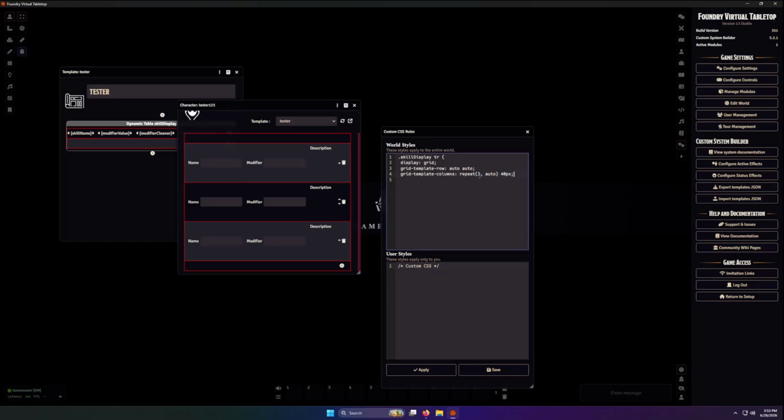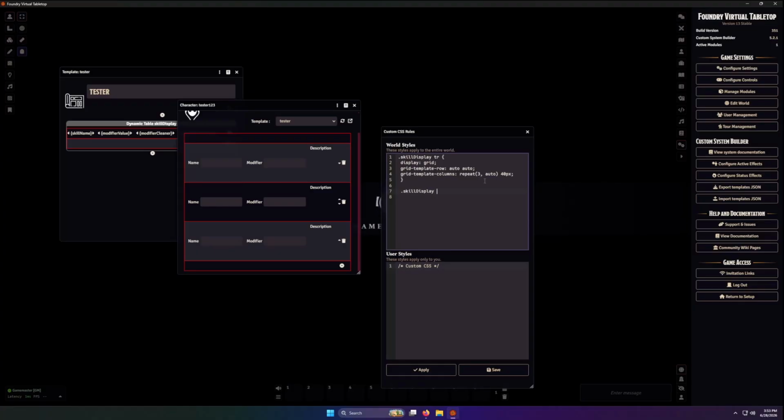the last one. So it's going to be auto, auto, and then for the hidden one, even though it's display none and not shown, it's still accounted for, so we have to account for it here. It's going to be auto as well, and then 40 pixels for this last one, which is the trash can. Now that we have that set up, I can go into our skill display table again,